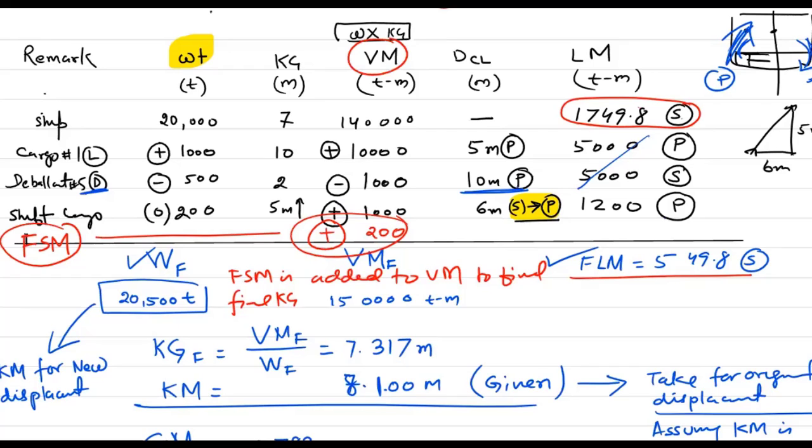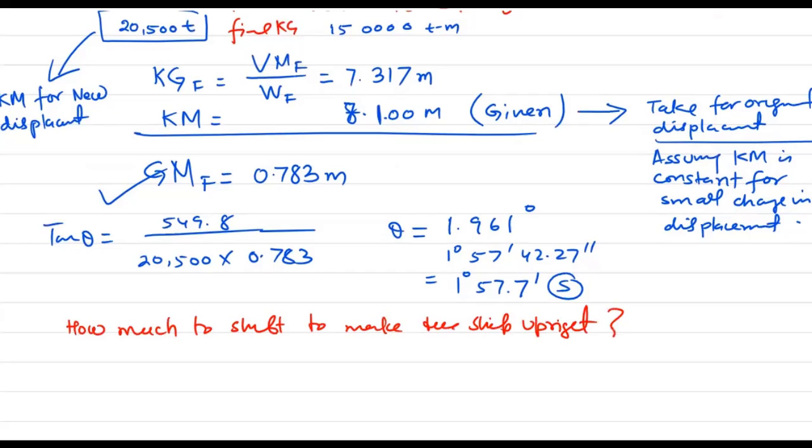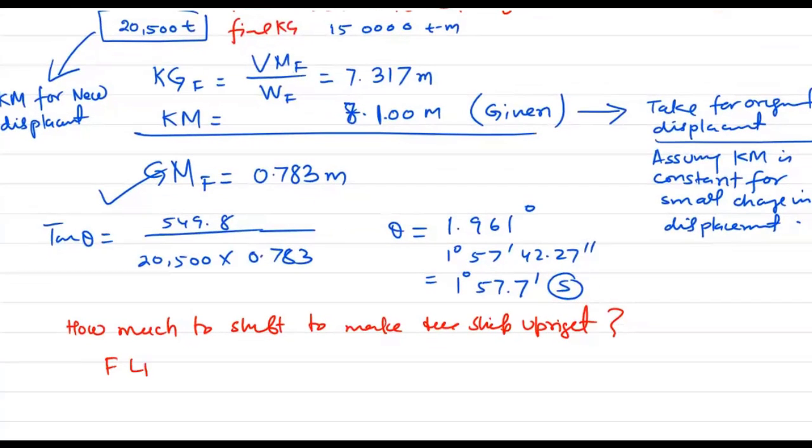This is the whole story. Now I am asking how much to shift to make the ship upright. Suppose he asked this. See, I am introducing everything in a single question. How much to shift to make the ship upright? So what is the final list moment? Final list moment is 549.8